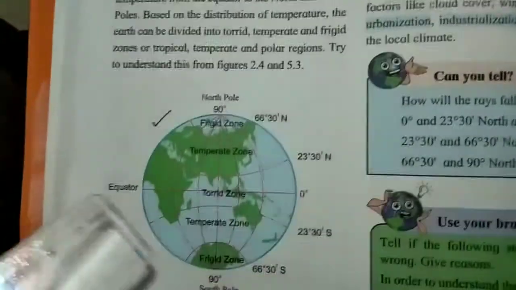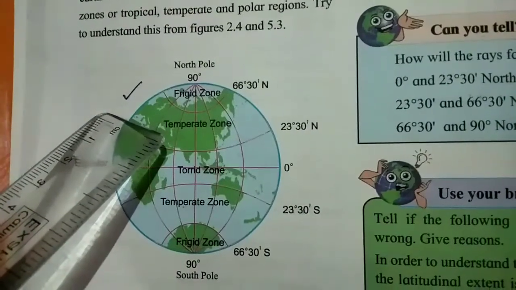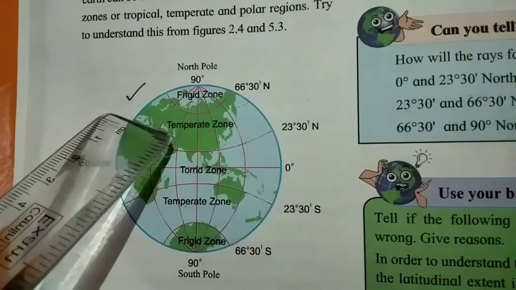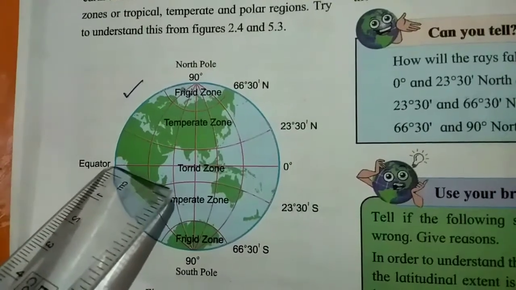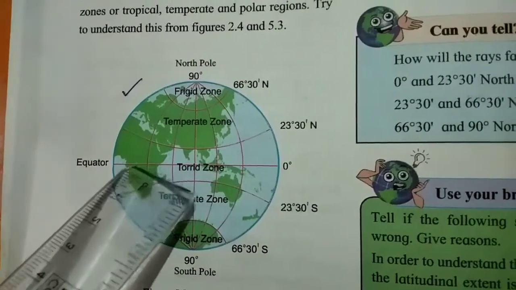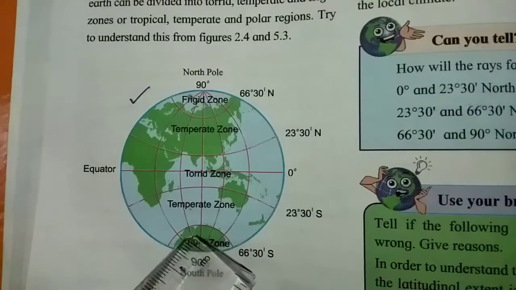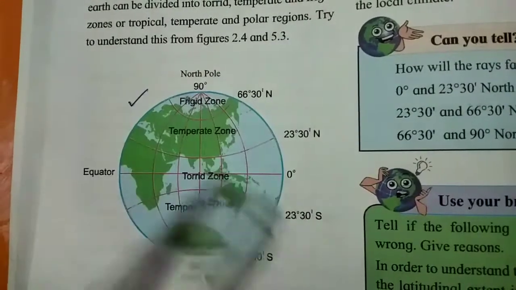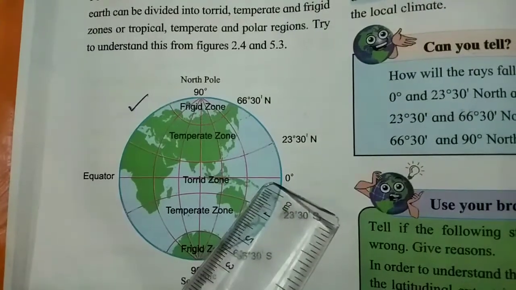Here you can see the thermal zones. Now children, take this diagram. This diagram is very important. Some diagrams will be given to you for your coming exams, and in that, this one is important. Now you can see over here, this is the equator. We know that the equator is dividing the earth into two equal parts. While drawing the diagram, first you will draw an earth, that is a circle form. Then you will make two parts, that will be your equator.